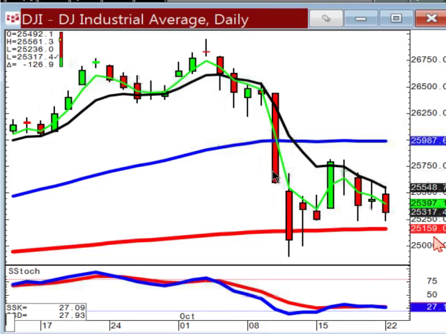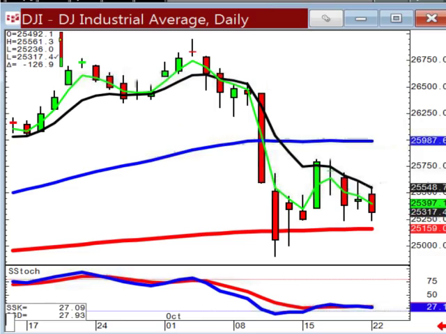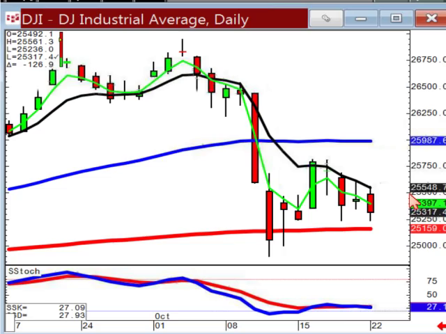whipsawed so many times, like what we saw this morning in the Dow, where it was opening up positive. It wasn't magnificently positive, which was kind of a suggestion that maybe there wasn't a rip-roaring change of investor sentiment, which makes the T-lines a very relevant factor. And this is why I always sit back and say, all right, let's see what happens here at the T-line. And as you saw, we went up to the T-line, and